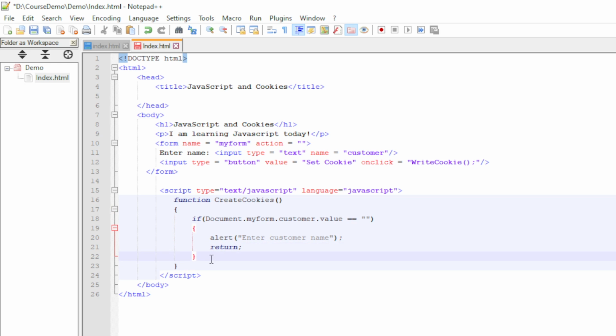So if we have a value, then we just need to create the cookie.